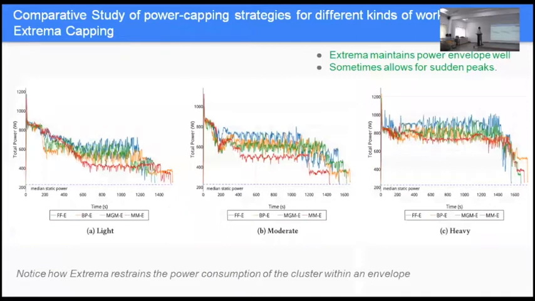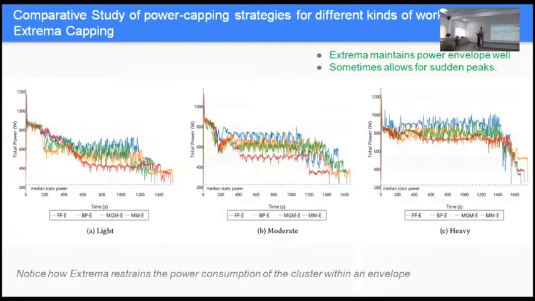So essentially what we want to see is we compare our results and try to see what happens to just the envelope of the power as it goes, and we try to study the shapes of it. And we see that the algorithm that we have come up with is still allowing the applications to peak a little bit here, out here. And we don't want the peaks, because peaks, if they all come together, if they're aligned across the cluster, it's a big surge for us.